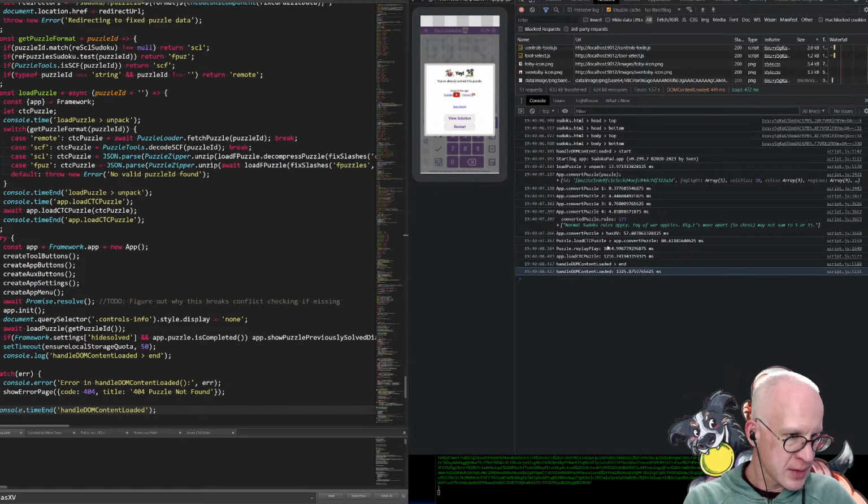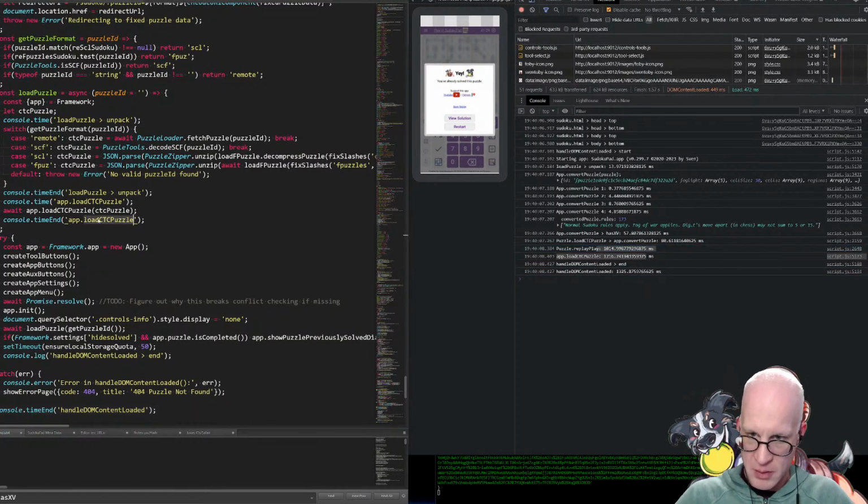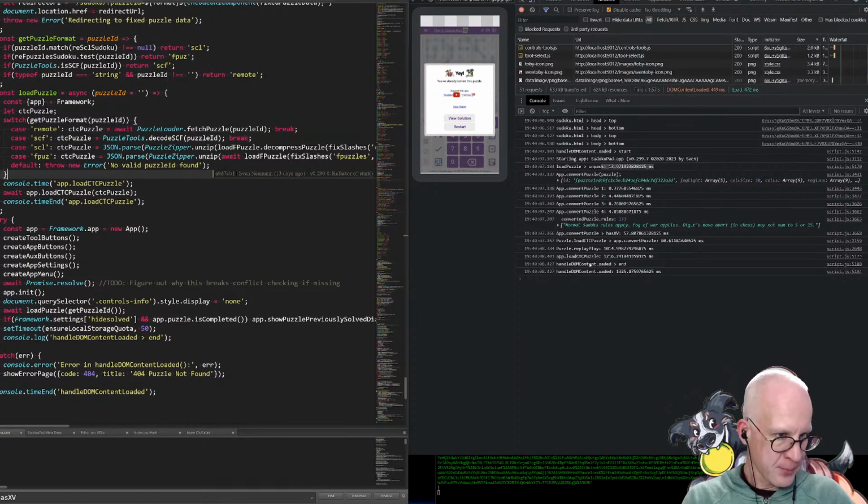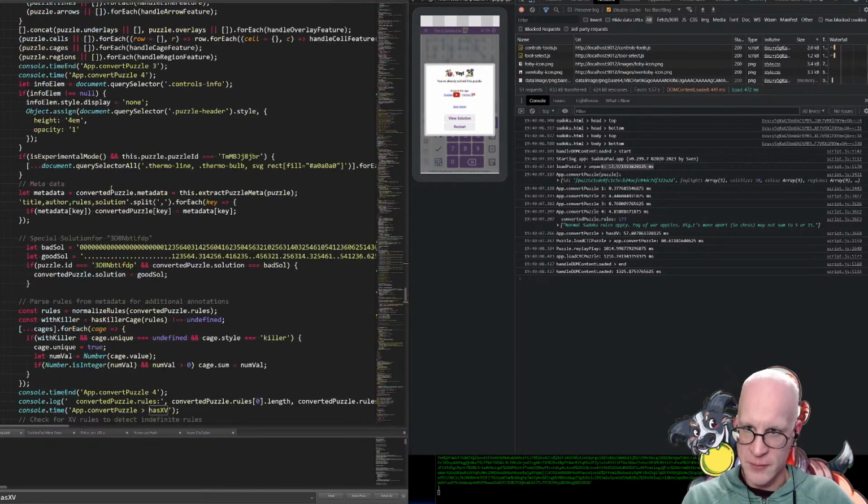So it's 1.3 seconds in total. So I'm guessing these two overlap, because I think replay play is part of the load. So time and unpack, where is that? Unpack, it's up here. Yeah, so unpack, it definitely wasn't the issue. Then we have app load CTC puzzle. So replay is happening in here. All right, and we can get rid of most of the convert puzzle timers,